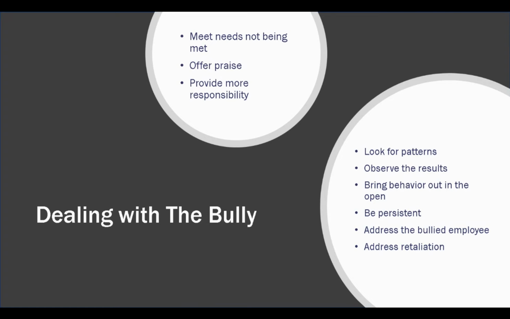And bullying is often done very subtly with little overt action, so the best way to manage a bully is to start by looking for patterns of bullying. You may not be able to physically observe what's happening, but you can observe the results of it. So for example, you hire 6 new people and you lose 4 of them within 6 months. They won't give an exit interview and they list personal as their reason for leaving. This can be a red flag.